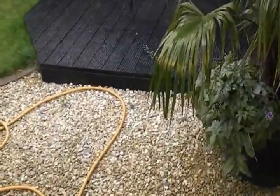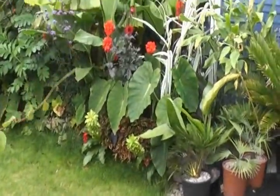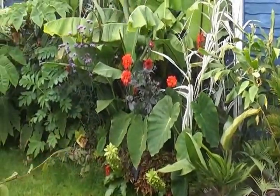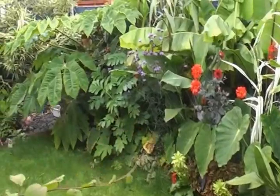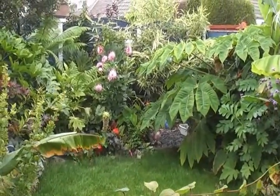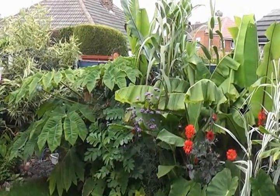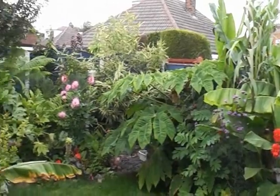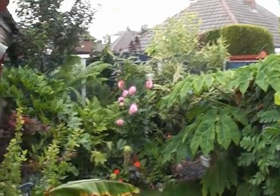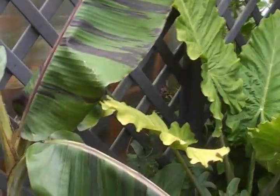Right, let's move into the back garden, to the main border, which is over there. It's still looking very nice at the back end of September. Still lots of flowers, lots of nice big green leaves. There's still quite a lot of growth in these plants, as long as it doesn't get too cold or frosty at night time. We'll start here with this